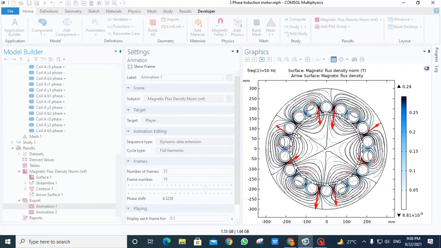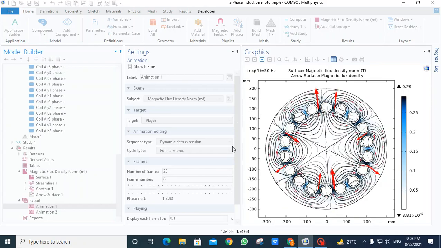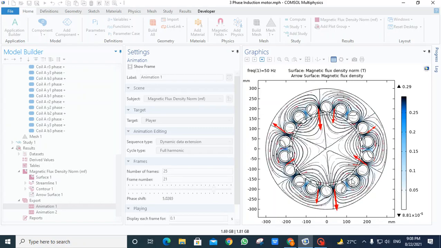Here you can see the animation, it is rotating. You can see 6 poles are created.